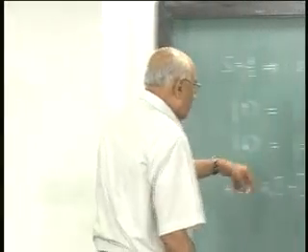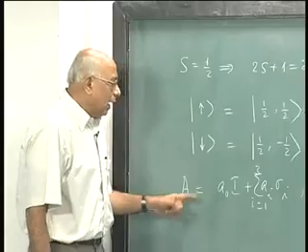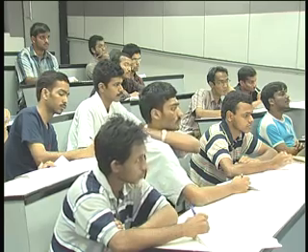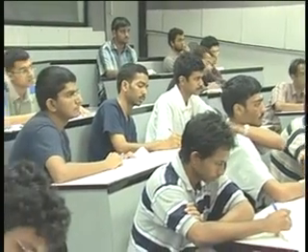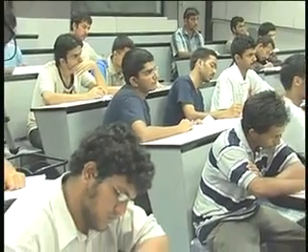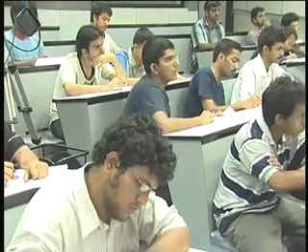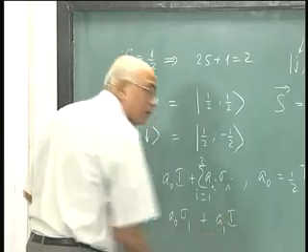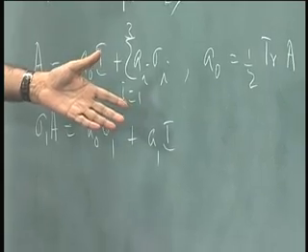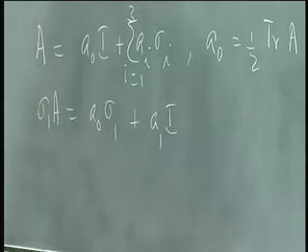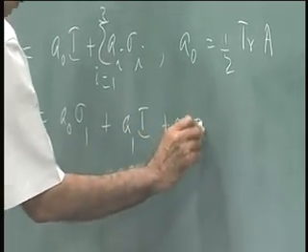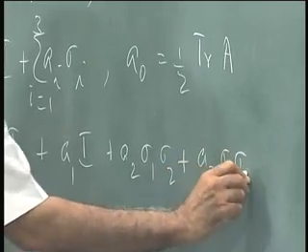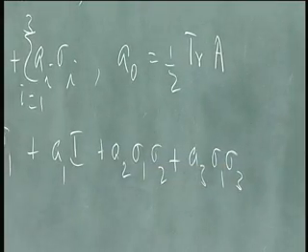Suppose you want to find A1, what would you do? I would multiply both sides by sigma 1, and then it becomes sigma 1 A on this side equal to A naught sigma 1 on this side plus A1 times the unit matrix, right, because sigma 1 squared is 1, plus A2 times sigma 1 sigma 2 plus A3 times sigma 1 sigma 3,